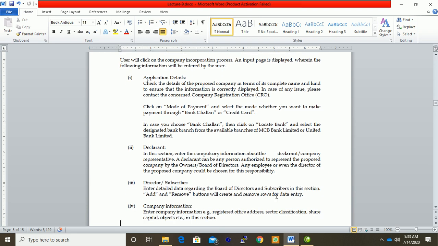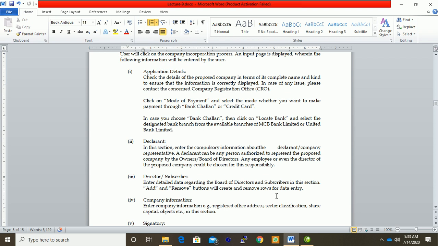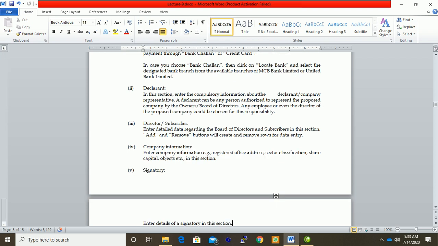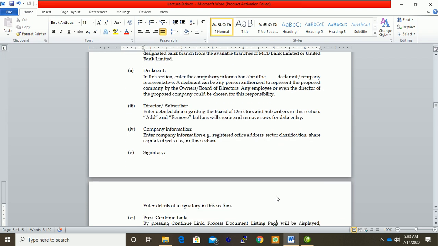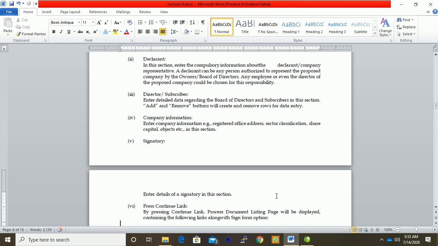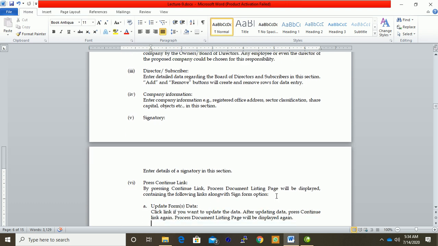The director or subscriber information, you can add and remove. Company information: you give the company information, registration office address where the office is located, sector classification, share capital, and objects in this section. Secretary: the details of the secretary in this section.